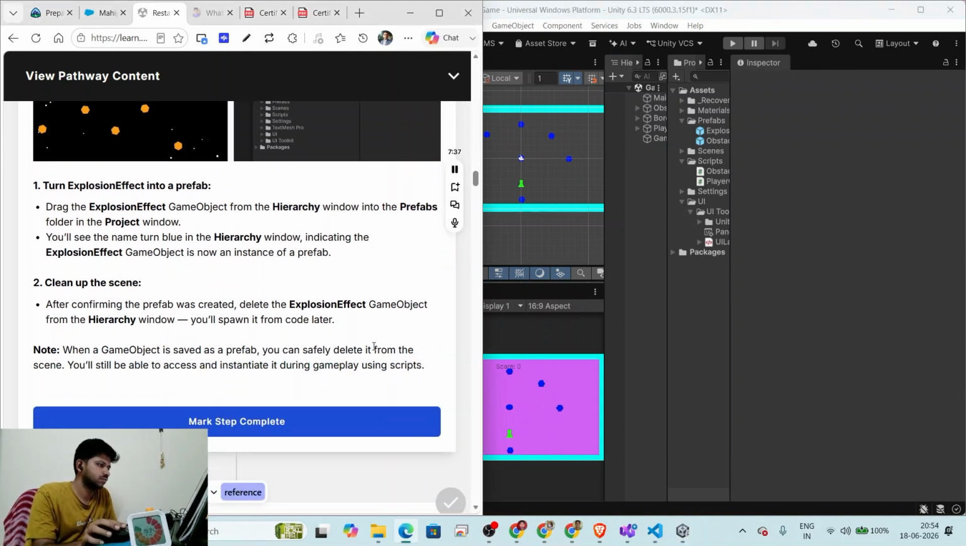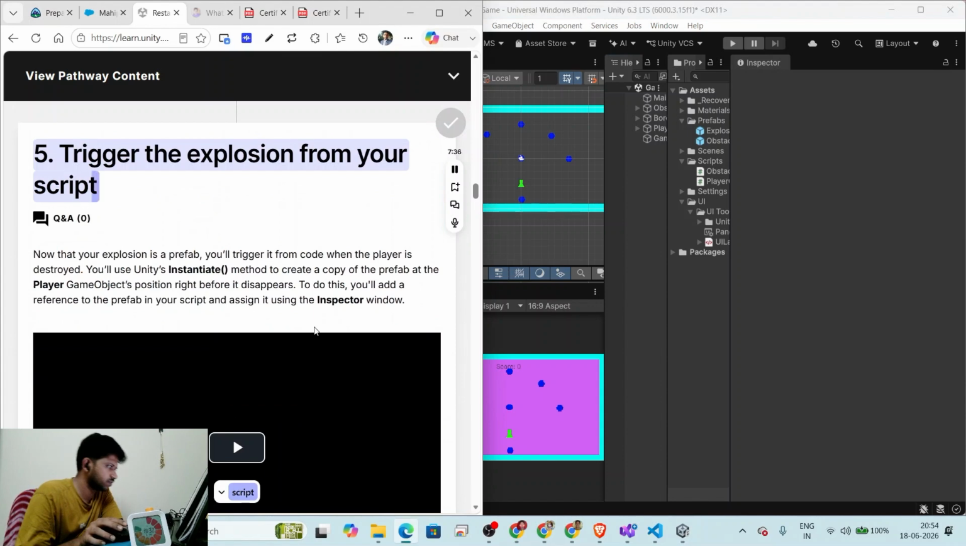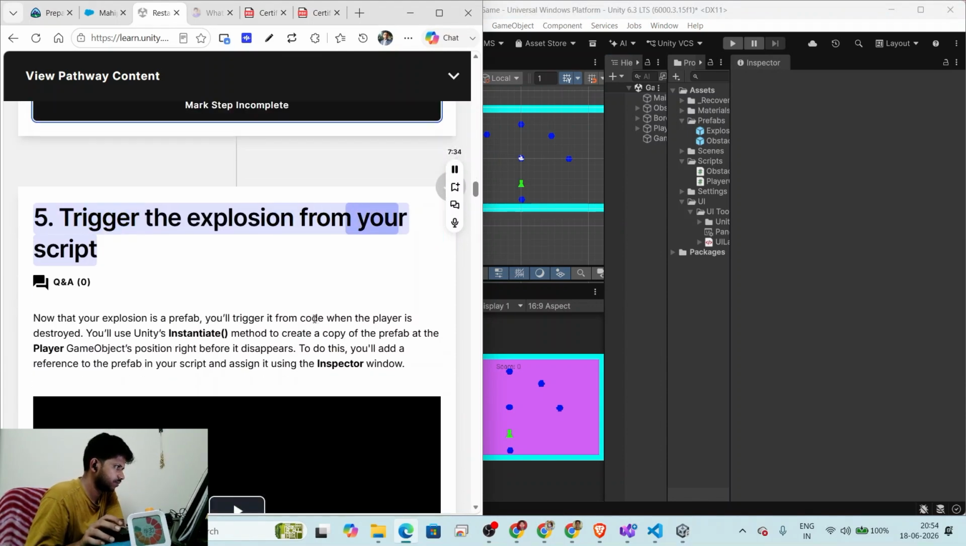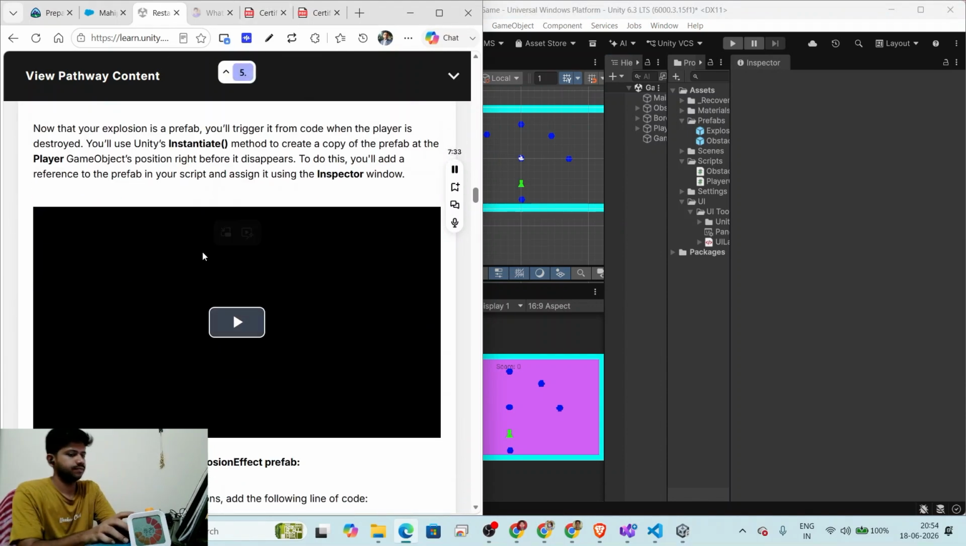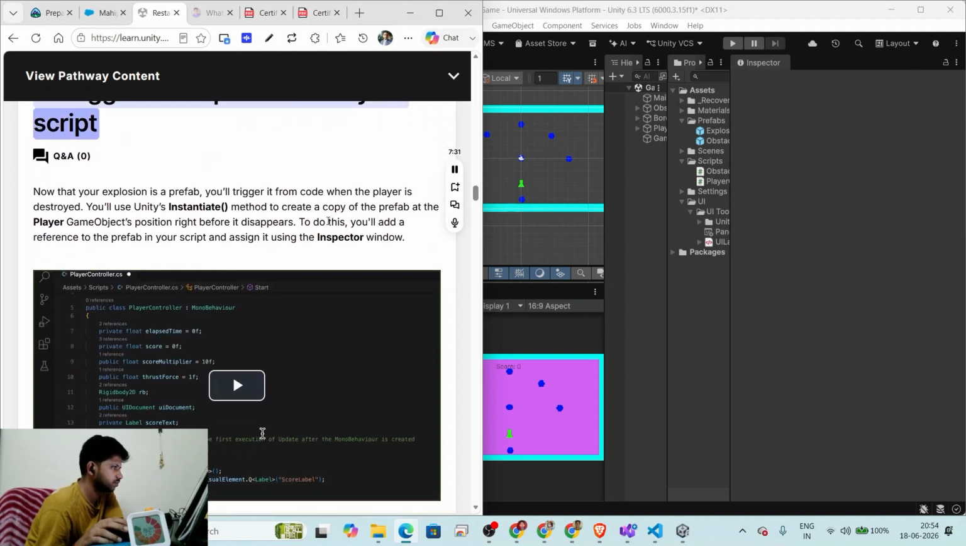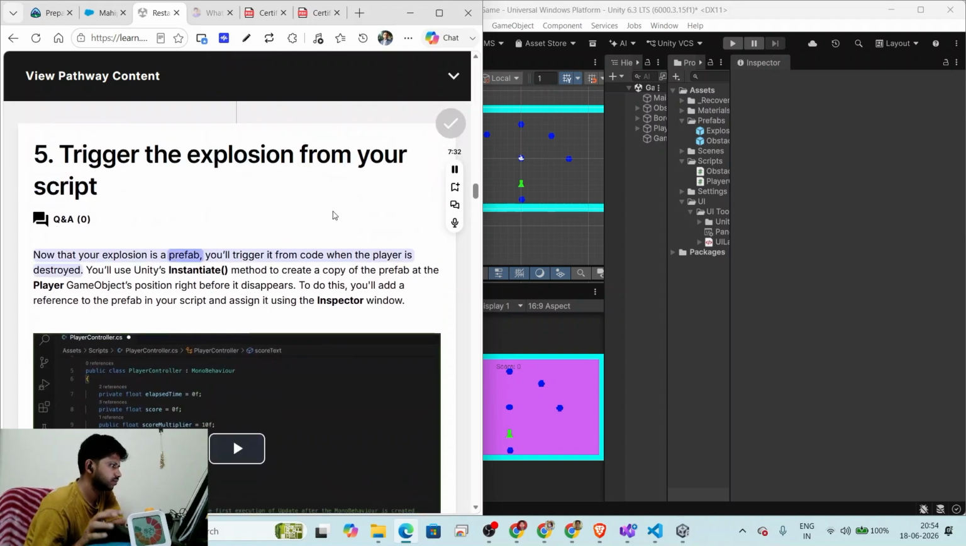Add a public reference to the explosion effect prefab. 5. Trigger the explosion from your script. Now that your explosion is a prefab, you'll trigger it from code when the player is destroyed. You'll use Unity's Instantiate method to create a copy of the prefab at the player game object's position right before